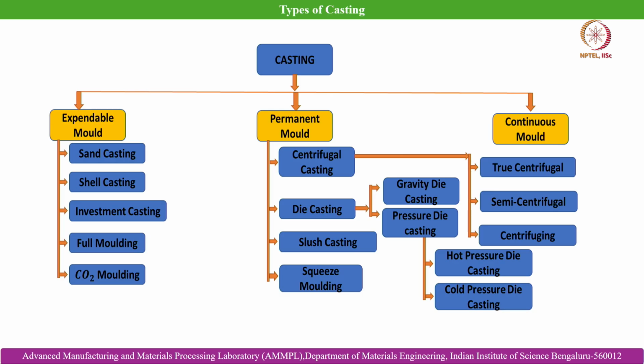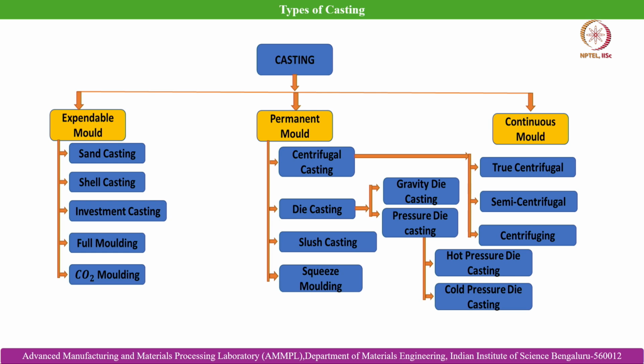Now we will discuss the different variants of casting processes. Casting can be largely classified as expendable mold based processes, permanent mold based processes, and continuous mold based processes. Expendable mold based processes can be further classified as sand casting, shell casting, investment casting, full mold casting, and CO2 molding. Whereas permanent mold based processes can be further classified as centrifugal casting, die casting, slush casting, and squeeze casting,